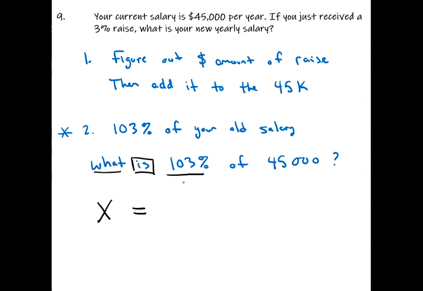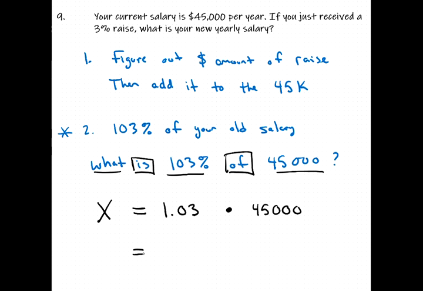103%, so we'll convert that percent to a decimal by dividing by 100 or moving the decimal point 2 places to the left. So that's 1.03. Of is multiply. And 45,000 is already a number, so we'll use 45,000. Okay, so we need 1.03 times 45,000, and for that we will